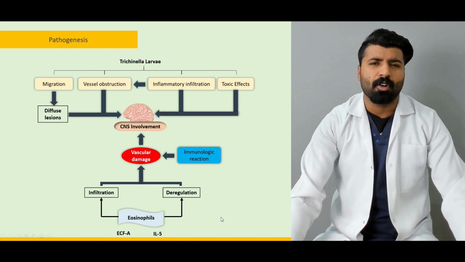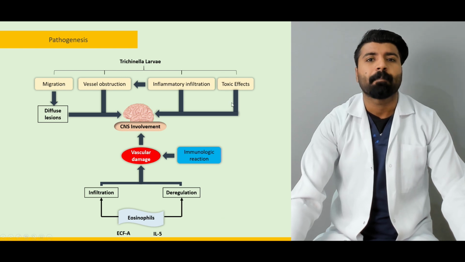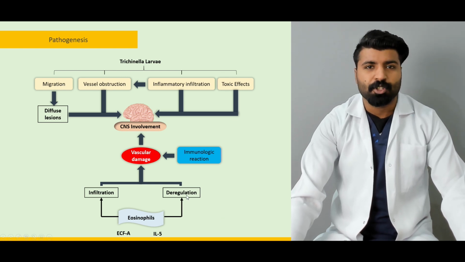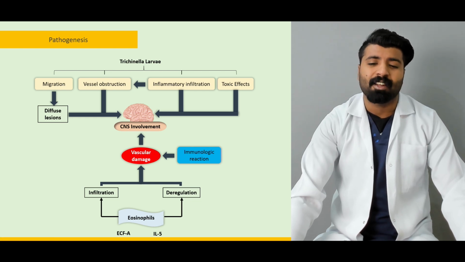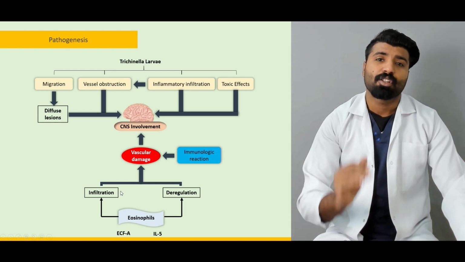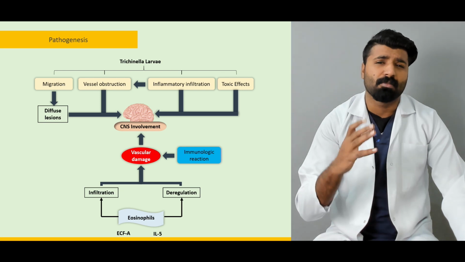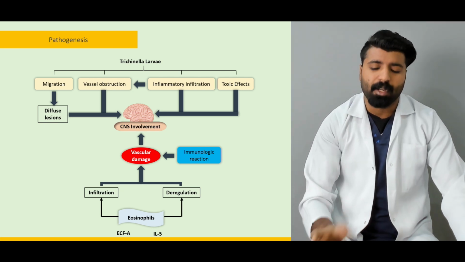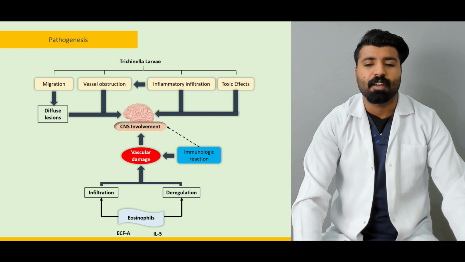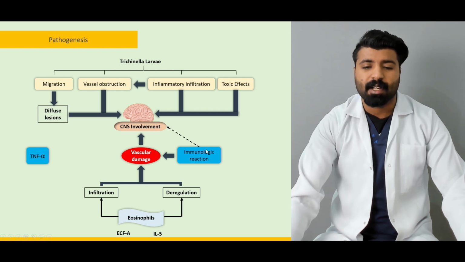What happens in immunological reaction? Remind me. Inflammation of the vascular areas. So inflammation will come in and then damage will come in, and all of that damage will, one way or another, lead to decreased blood supply, to compromise of the blood supply of the brain, and that will lead to CNS involvement. It can lead directly to CNS involvement and it can lead indirectly to CNS involvement.